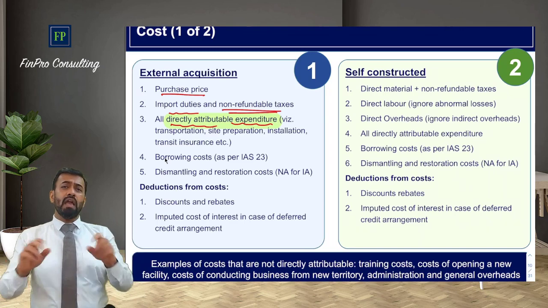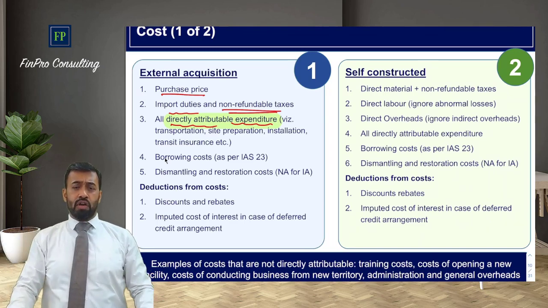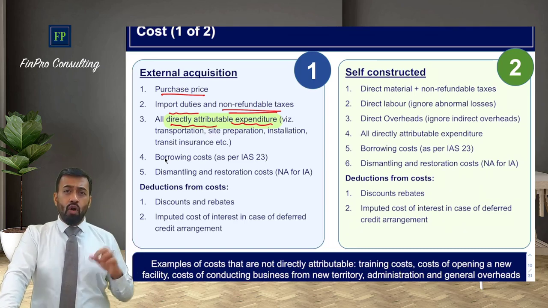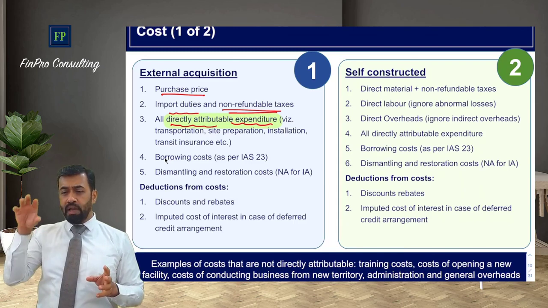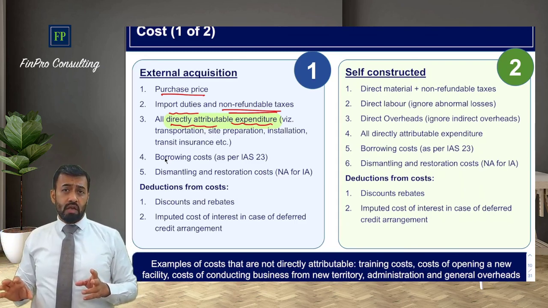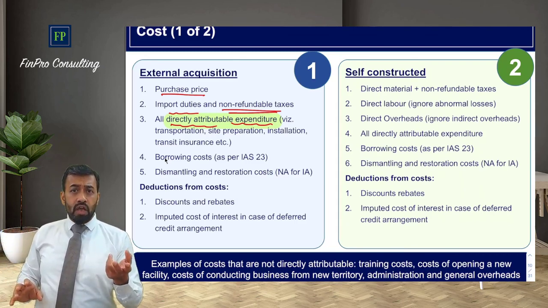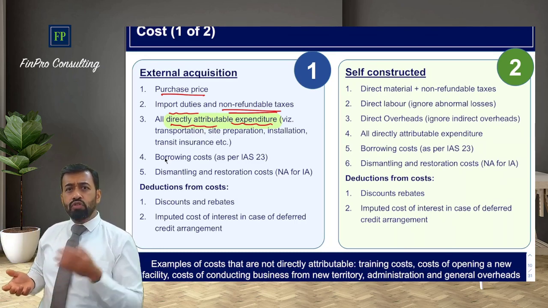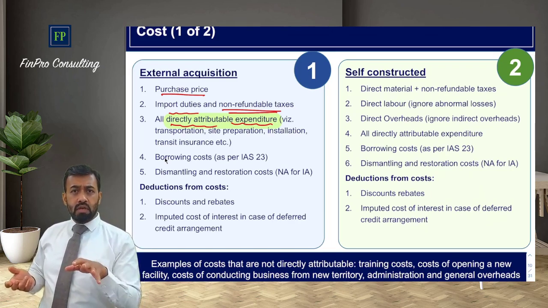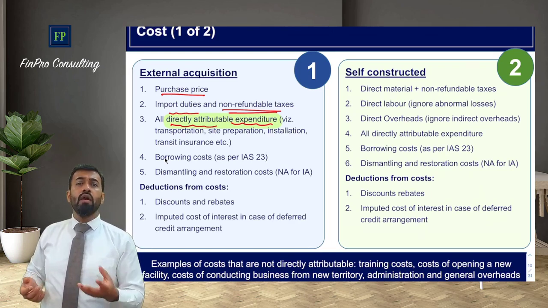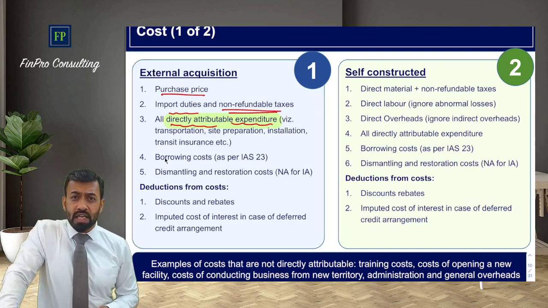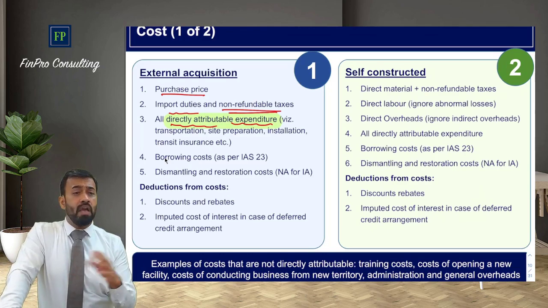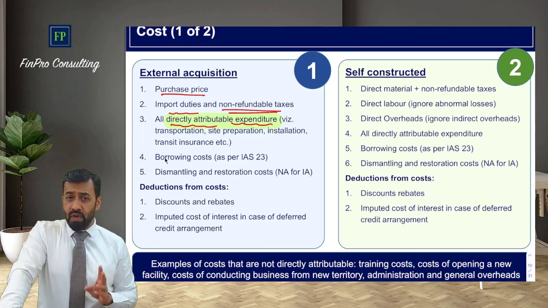Now you can analyze any type of expenditure, whether it is capitalizable or not. Let's say, for example, transportation expenditure. If I do not incur the transportation expenditure, I will not be able to bring that asset to the present condition and location. Installation expenditure. If I do not install it the way I would like to use it, I will not be able to use it. So installation expenditure is a must. Site preparation, loading, unloading, all these expenditures are important. Insurance expenditure, a must. Because unless you take the transit insurance, you may not be able to transport that asset. It's very important.